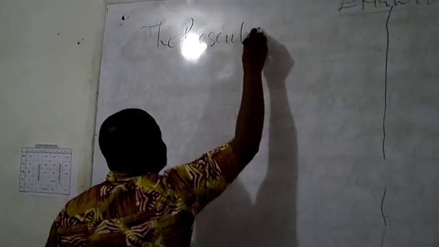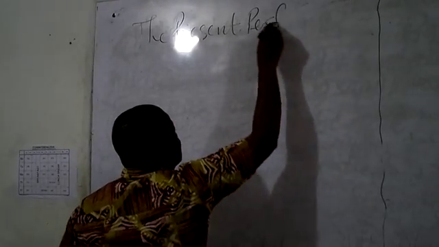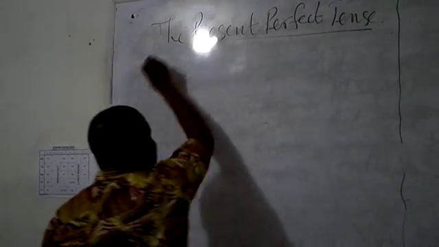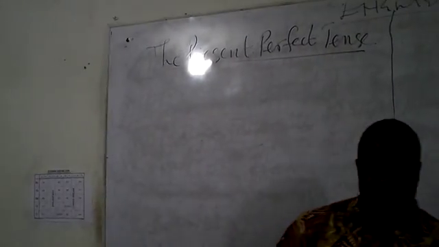Now, having looked at the simple present tense, let us look at another tense, and that is the present perfect tense. The present perfect tense is identified by two helping verbs, and these are has